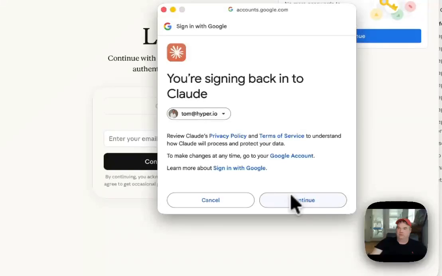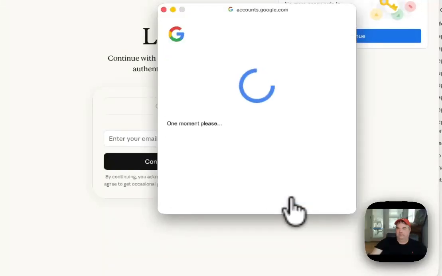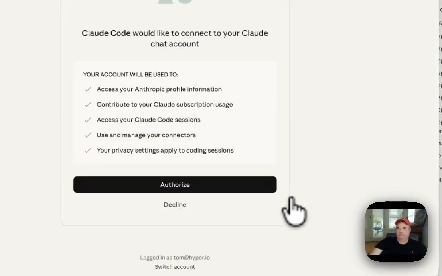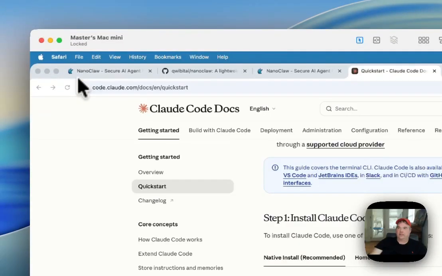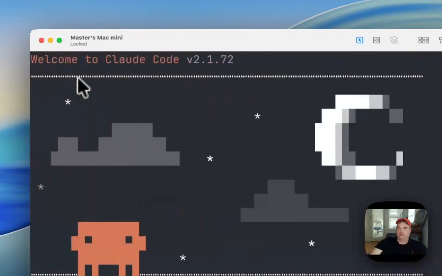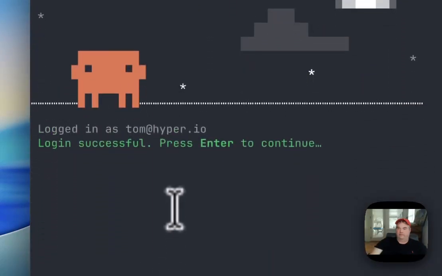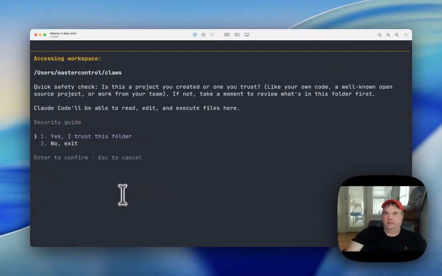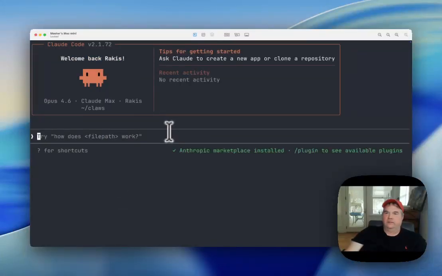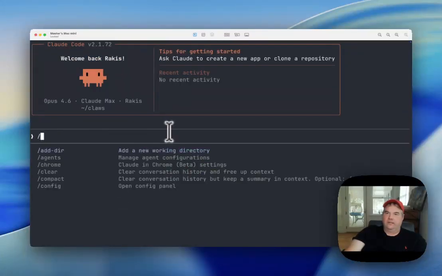We'll continue. And authorize. Okay, so we can close that, go back to our terminal and hit enter, and we can hit enter again, and yes, we're trusting the folder. Okay, so now let's exit